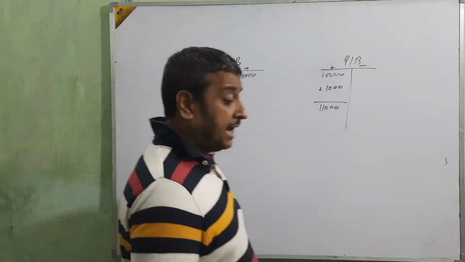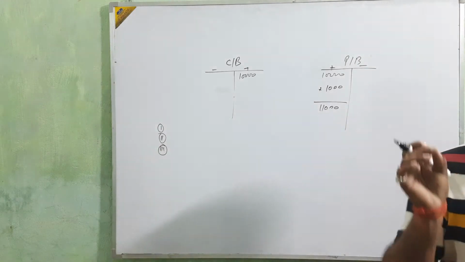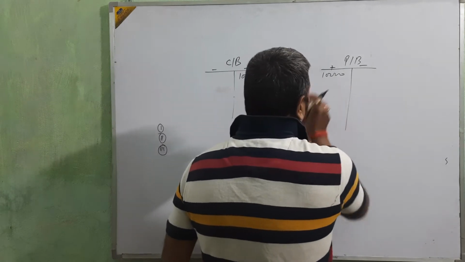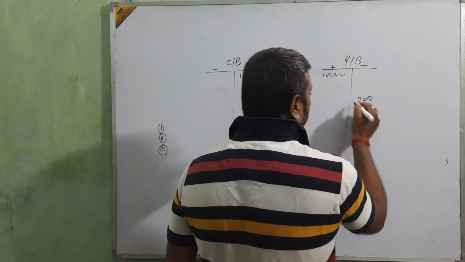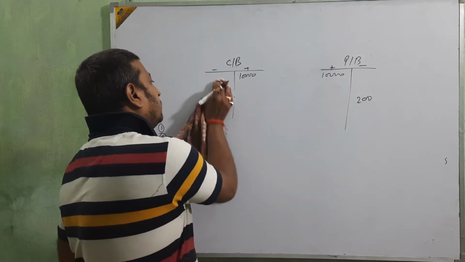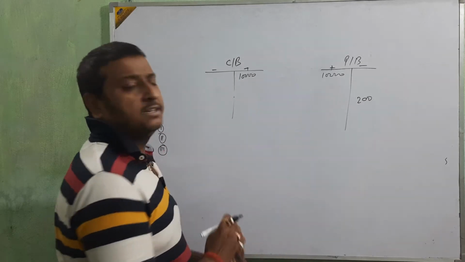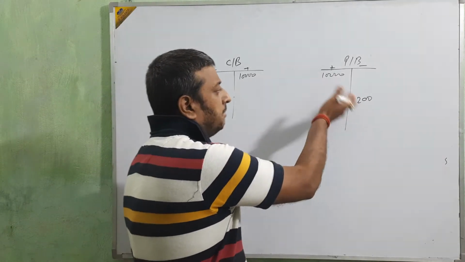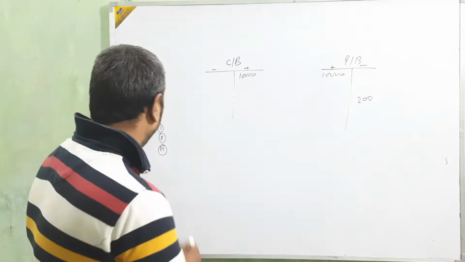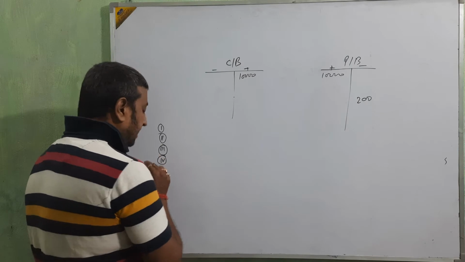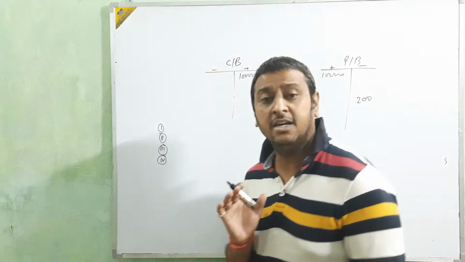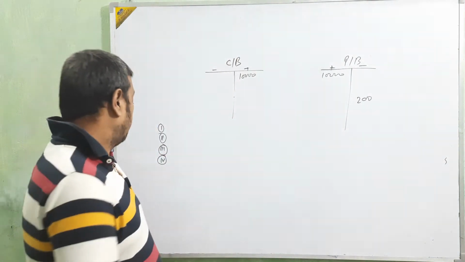Next, any type of charge made by the bank. If the bank makes any type of charge, beta, say a 200 rupees charge, then less that amount, but that information is not coming to your cash book, so then the difference will come, because here the amount is 9,800, but your amount is 10,000, so a difference comes. Then fourth is what? Any bank charge, or any charge debited by the bank. Okay, beta.